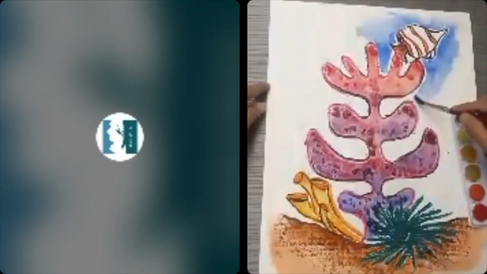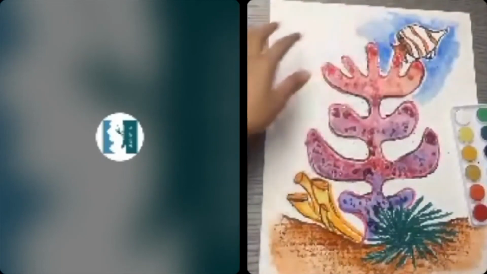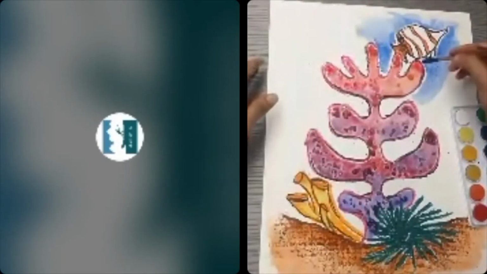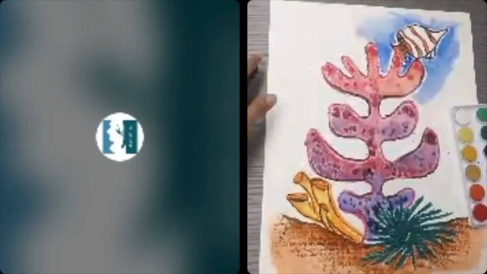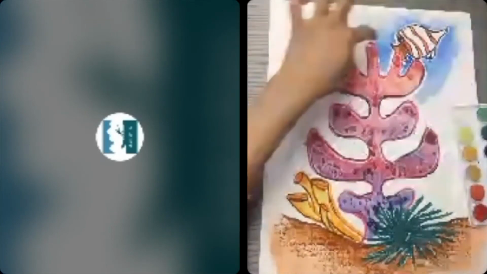While the oil pastel lines, of course, are going to help keep everything in place, we still might move it around and might touch a little part of it once in a while, but that's okay.